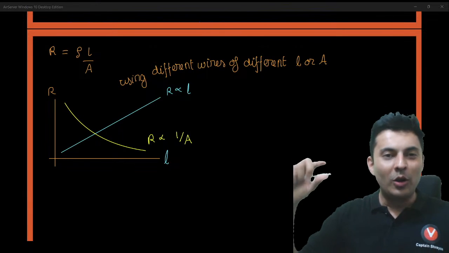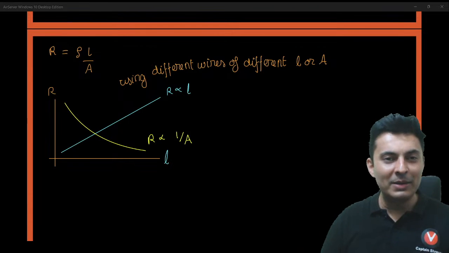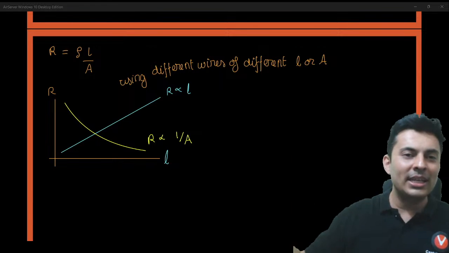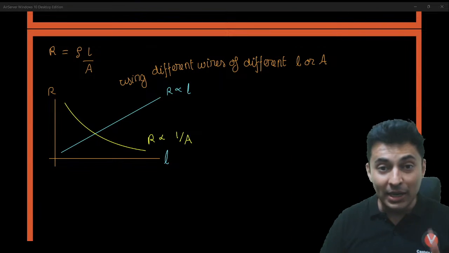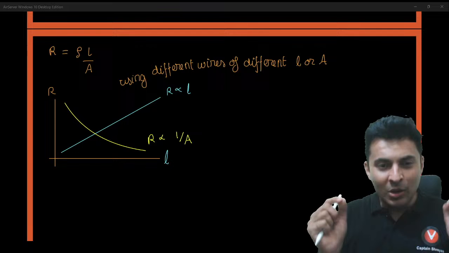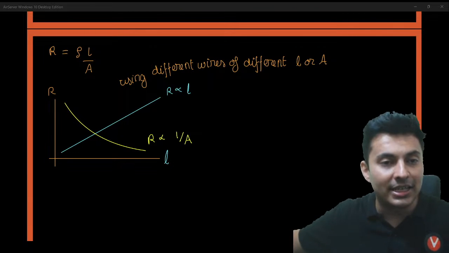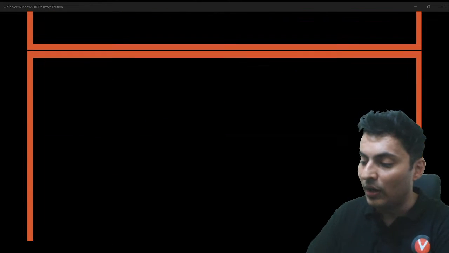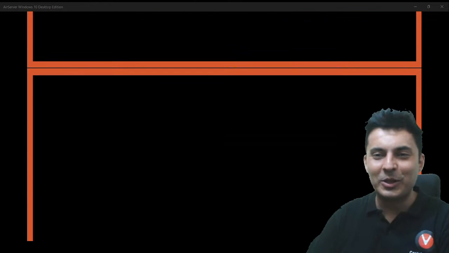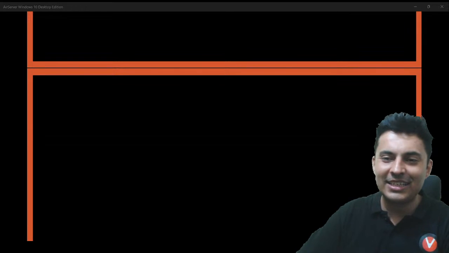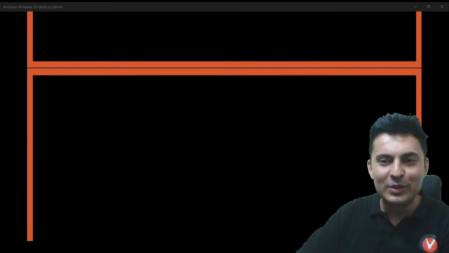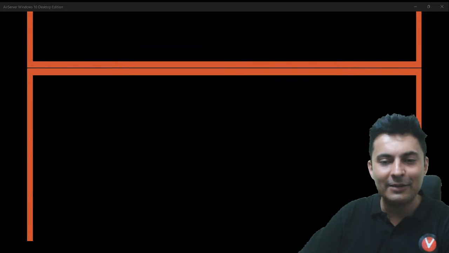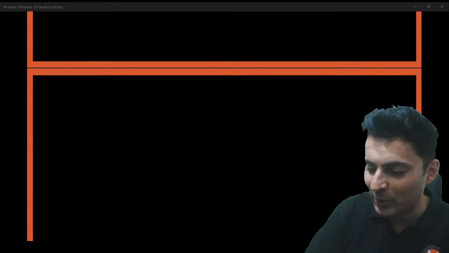I take a copper wire of 1 meter length. I take a copper wire of 2 meter length. I take a copper wire of 3 meter length. And for each wire, I see the resistance. I see more the length, more is the resistance. But if I take a wire of some meters and then I stretch it, then it will not be like this, because area will also change accordingly. How many of you realize it? Yes, definitely. So be careful about it.